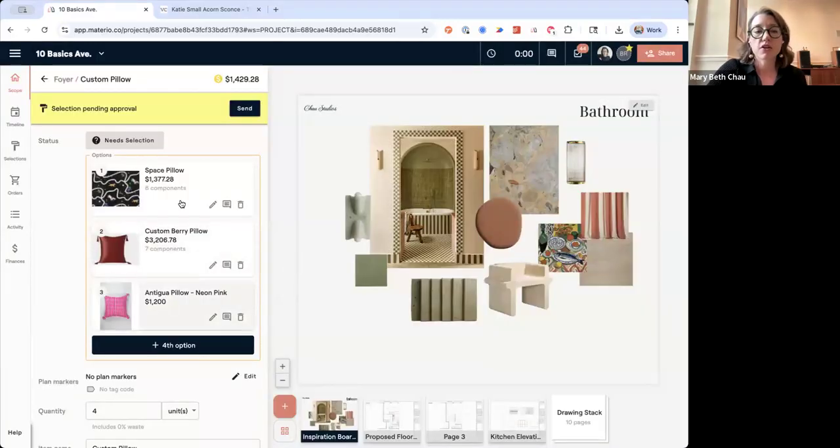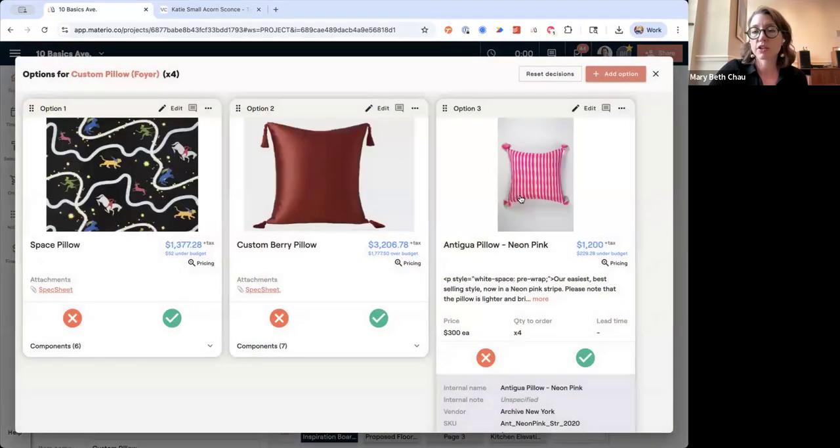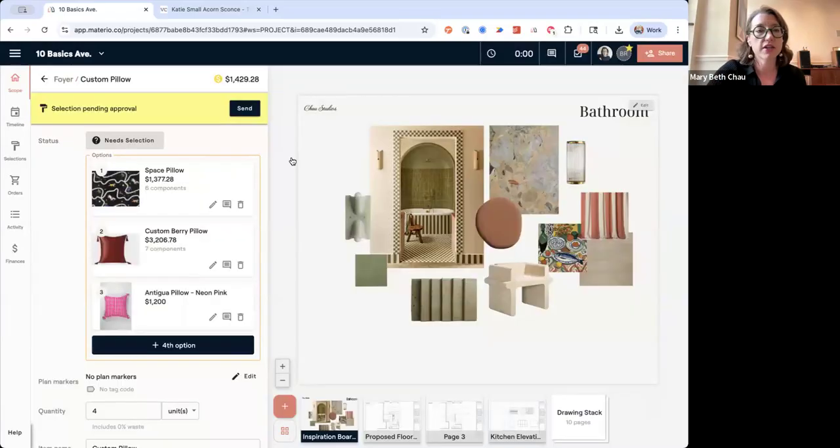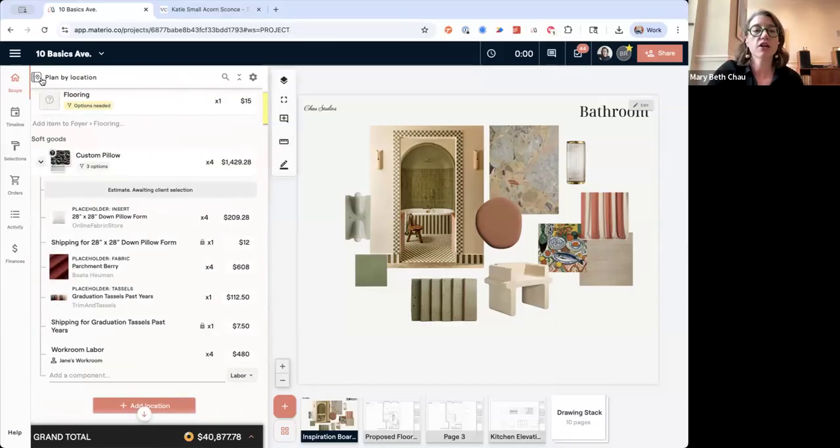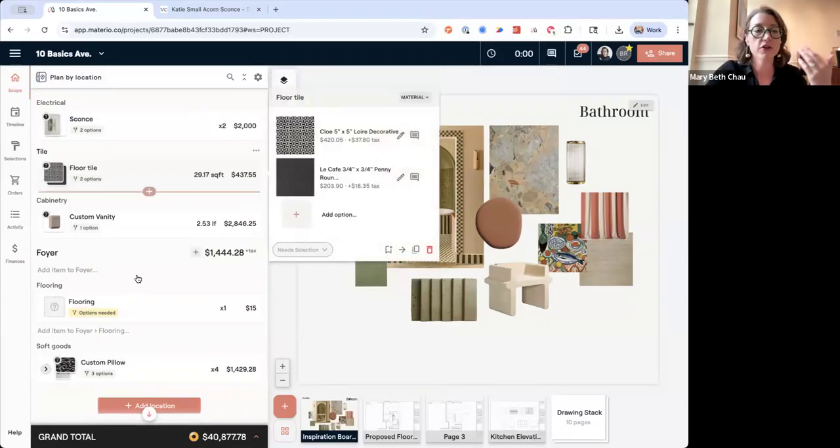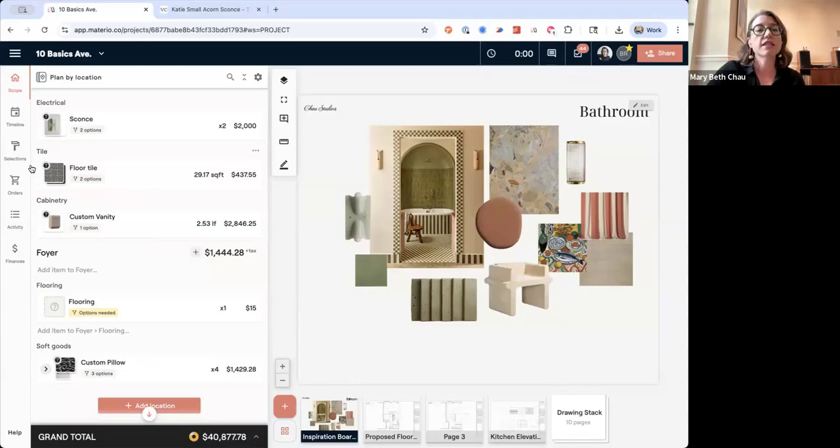You might be able to see a difference in buying 4 of those versus buying 4 custom pillows. So I love that you can present those options to your client in a way so they can have that as a decision if necessary. Okay, and the other thing I wanted to call out about starting to run your selections through Materio is that